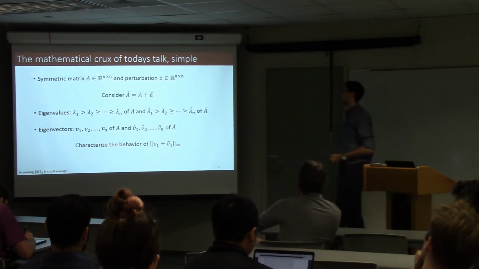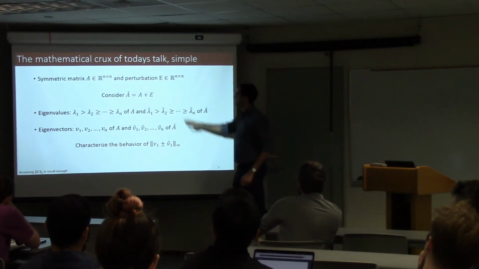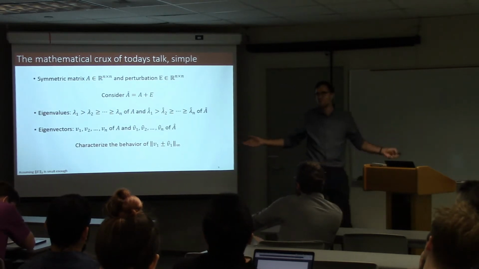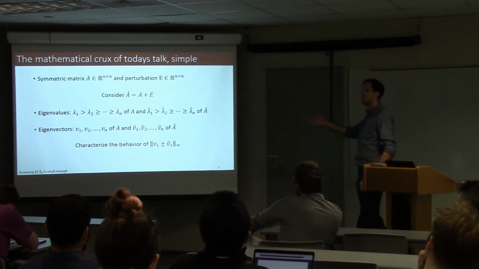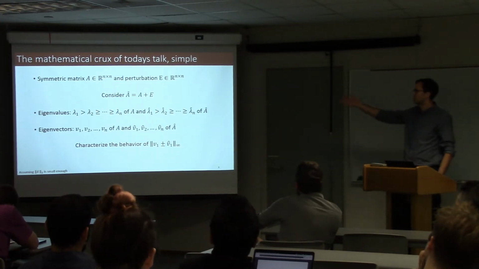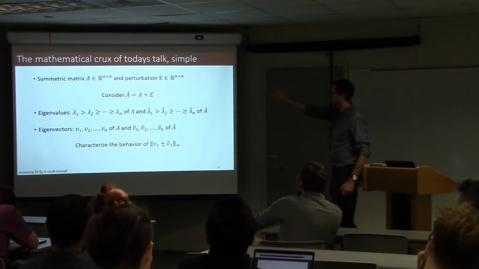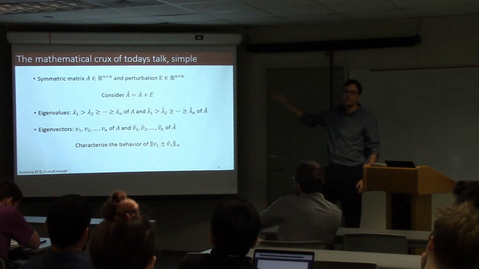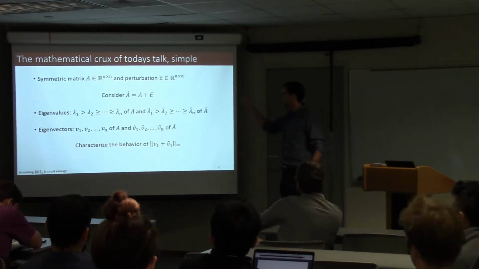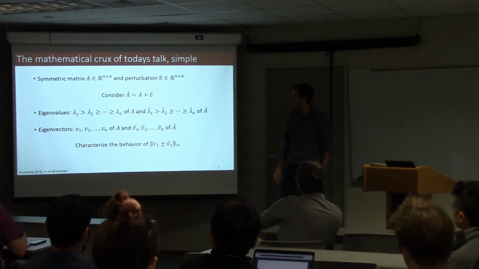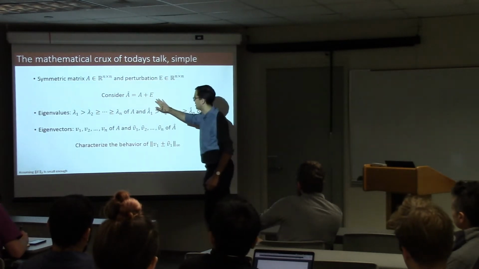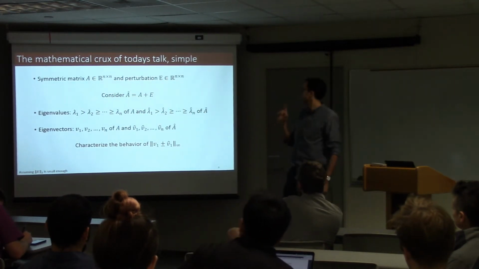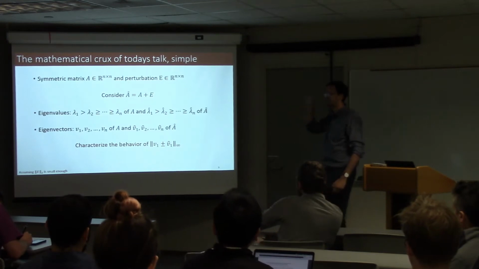But let's say I have a symmetric matrix A, and I have some matrix E I'm going to think of as perturbing A. So I have a matrix that comes from an application, but maybe I don't know what this matrix is exactly, and so I imagine that the matrix I actually have is some ground truth plus perturbation. Maybe I have a problem where I make measurements with random noise added to them, and I would like to understand something about this matrix. So I have a matrix A and I have a perturbation E, and I'm going to call A hat A plus E. E is also symmetric, sorry. Yeah, symmetric matrices A and perturbation E.